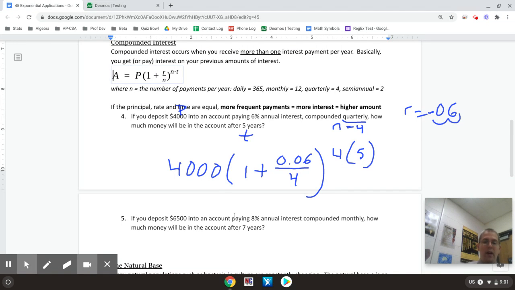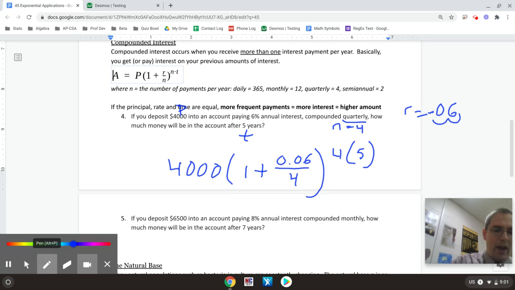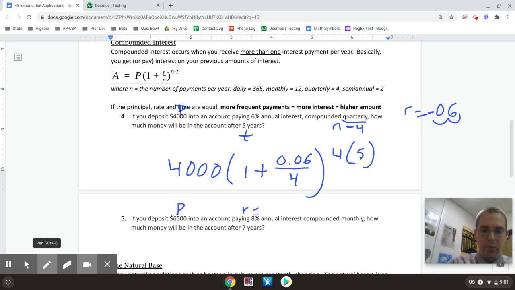This one, very similar. We have a p-value, a starting value of 6,500. The interest rate is going to be 8%, which is 0.08 after I move the decimal twice. This time monthly is 12 times a year, so n is 12, and my time is 7. So that means I should have